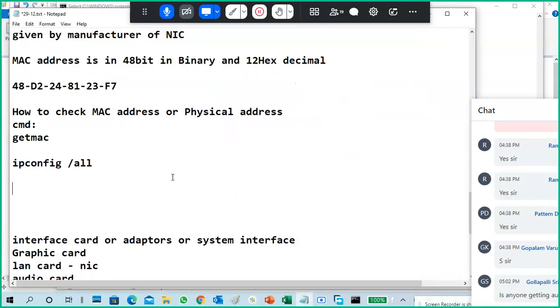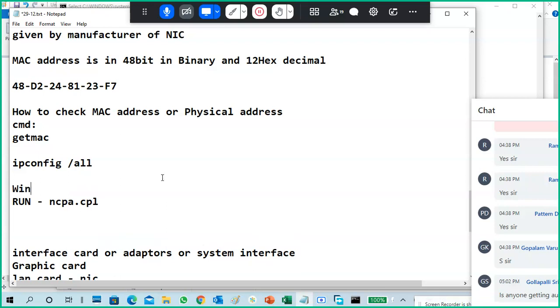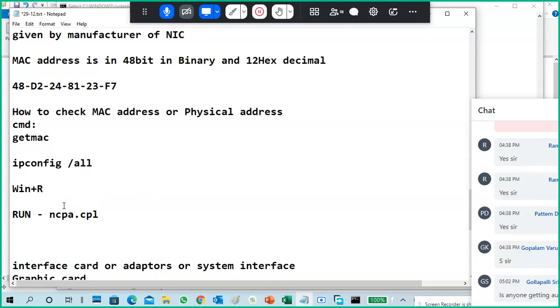Okay, I will show you how to open it. First of all, go to Run. But how to go to Run? Press Windows plus R, just Windows R. There is a Windows button on your keyboard, and R. You have to press them together, then Run will open.